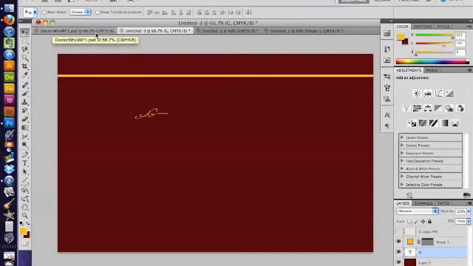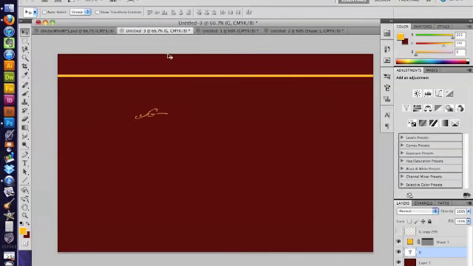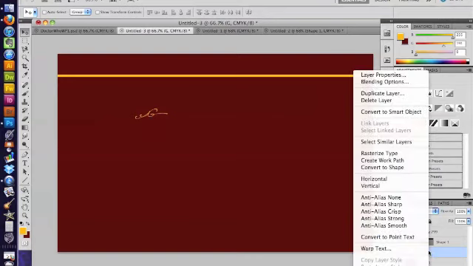I'm going to jump back to the Doctor Who one here. This is actually DW for Doctor Who. When you have it all done, unless you look really close, you really can't tell that these have been letters. So to start making this pattern, like I said, just pick your font and type your one letter in. And what you do next is duplicate that layer. So right click on your text layer here and just go up to duplicate